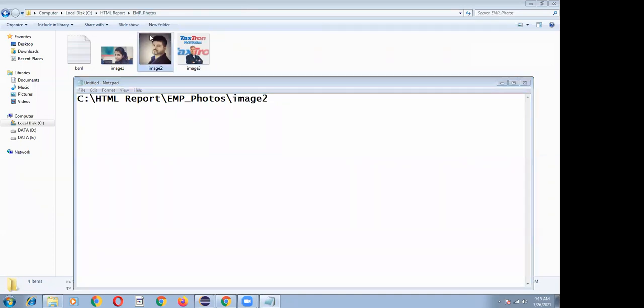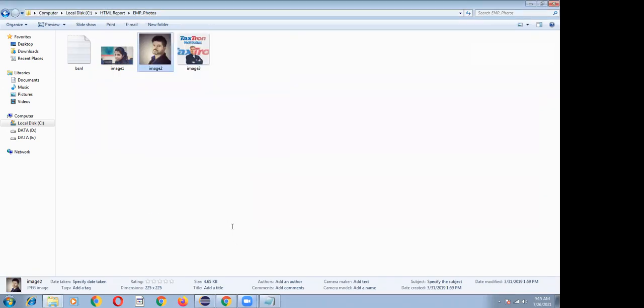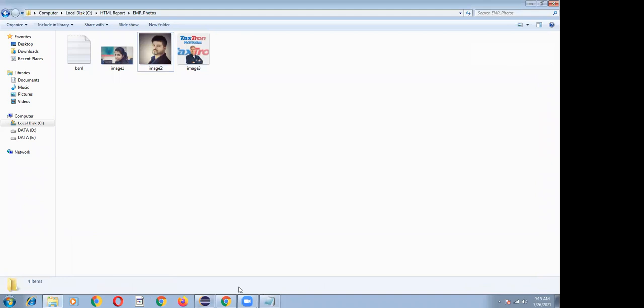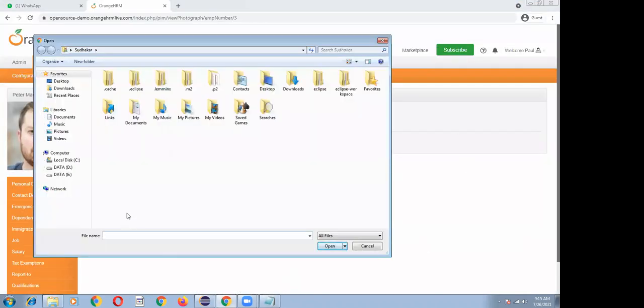Image 2, what is the extension? Image2.jpg. This is the file I want to upload. Once I click on this choose file, this Windows based prompt is open.